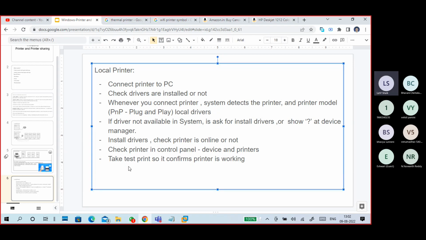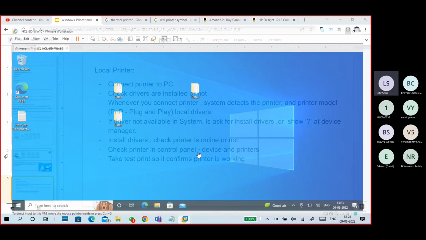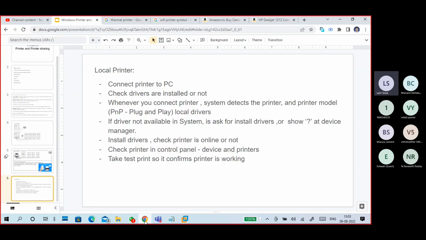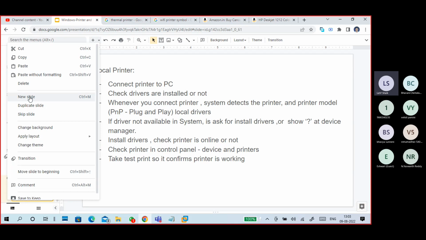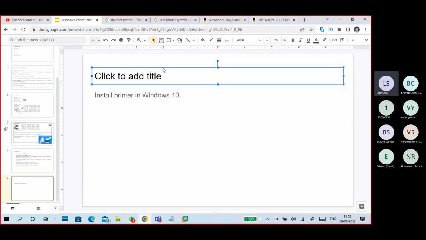Next one is how to install the printer. Step by step we'll see. I don't have any specific printer, but I'm going to install with some generic printer. This is Windows 10. But if you really have a Windows 10 PC and a printer, then directly you can